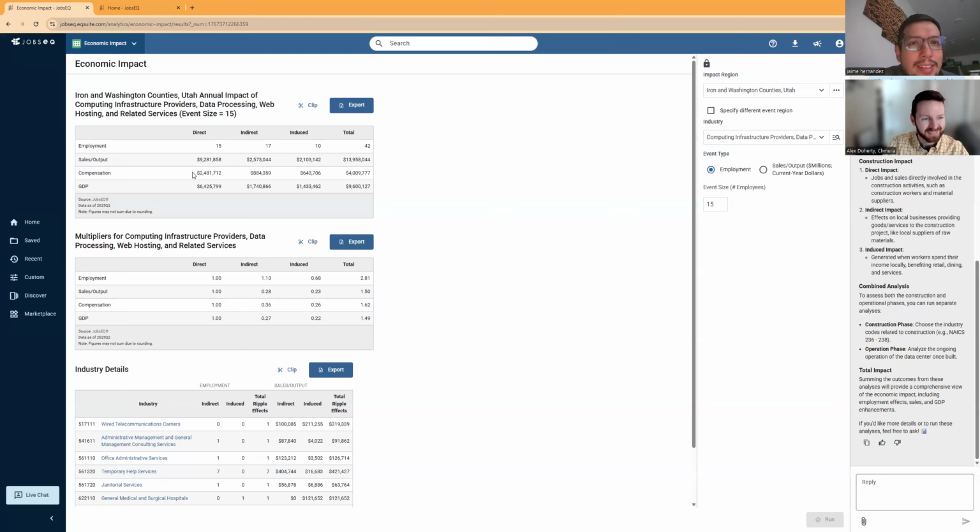No worries. Thanks. Where we're able to see, okay, not just salary, but benefits are also included within compensation here. So that speaks to the total labor income or payroll number. Value add,